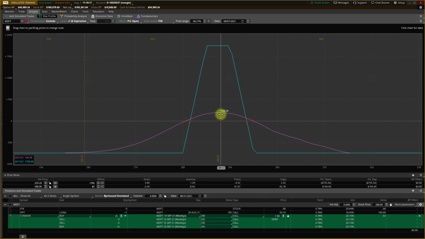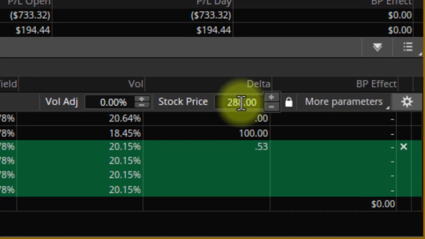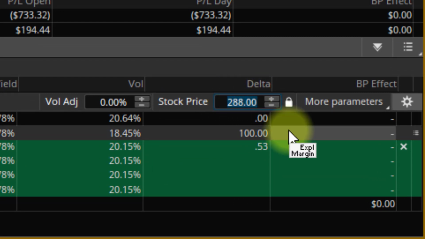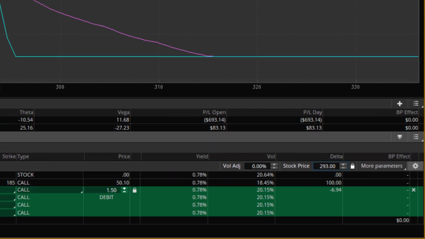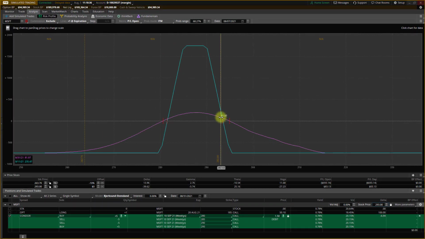Let's also say, well, what if the stock price happens to go up or down maybe 5 points? And I can change that over here. So I've got a current stock price of 288. Let's take it up to 293. And if I do that, now I'm pointing to this portion of the purple curve instead of right here. So we would still be above water. We would have a slight profit, but certainly not as big, and that's because we're getting closer to this upper